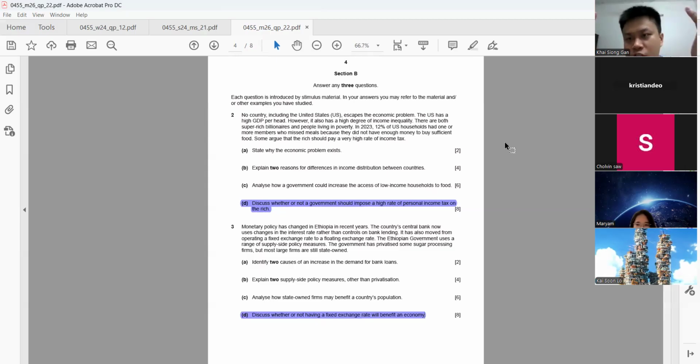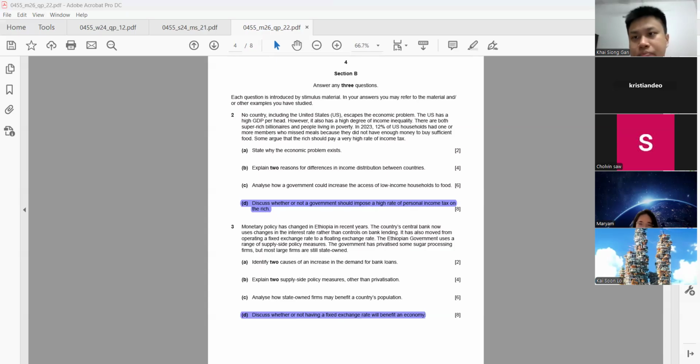Now, why are macro questions harder to score? Because when you answer a question to do with macro or international trade, the keywords that you use must be more specific, more in-depth. Maybe some of you are still not very familiar with the concept, so you are not able to go too much in-depth. But when the question is about year 10, I can see some of you wrote very well. So that's something to highlight to you all.